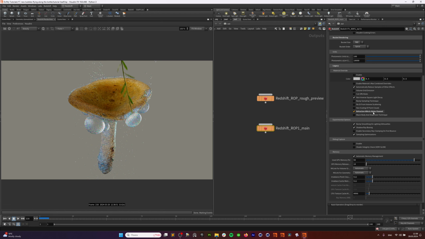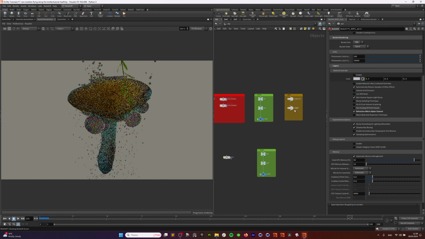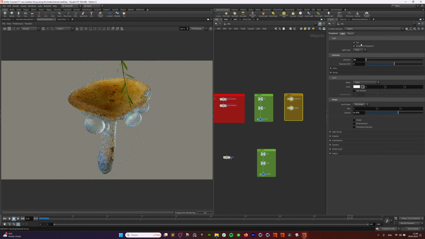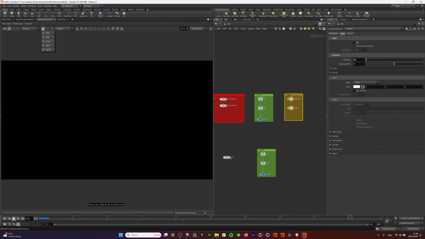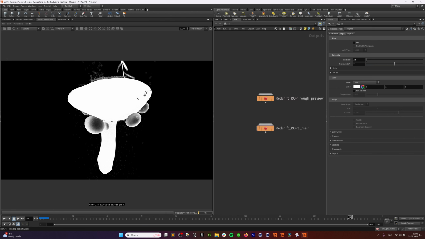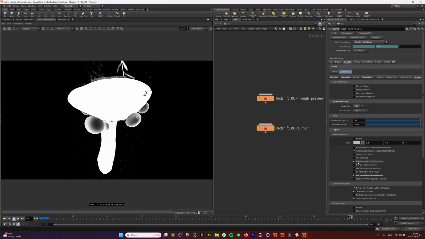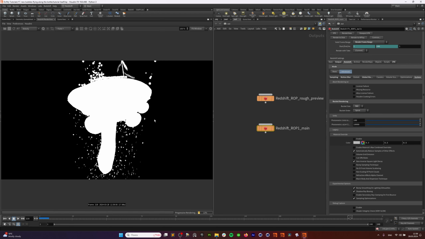Refraction effects alpha channel. So you want to turn that on, and this way this refracted object will not be just a solid alpha white. And it was a preview, so let's turn that on. Let's turn these two guys off, right? And let's use alpha, and you can see that this solid object is absolutely opaque. And if you go back to your system and turn that off, you could see your bubbles are completely